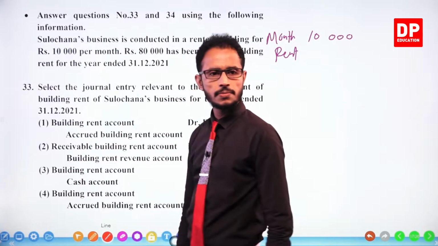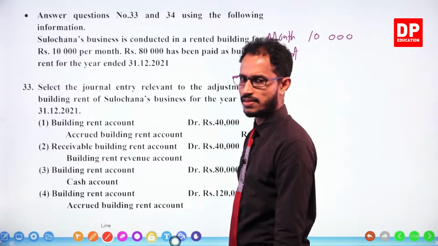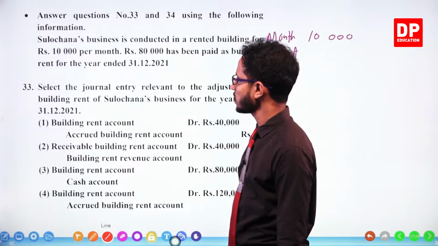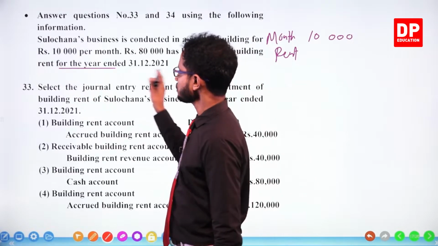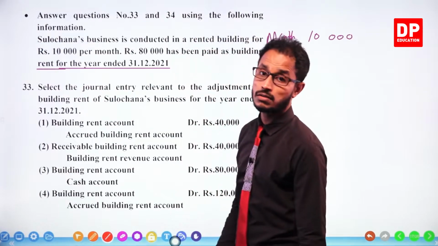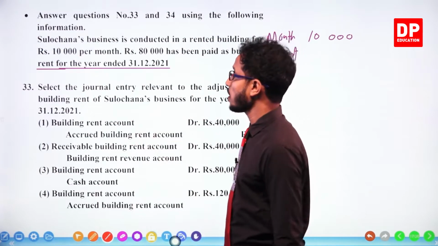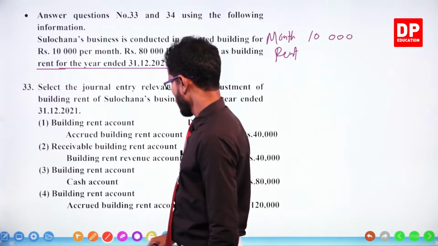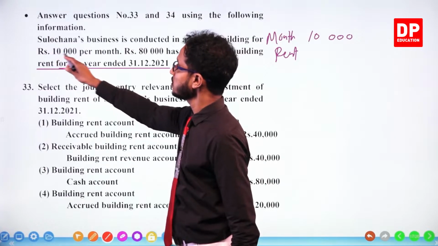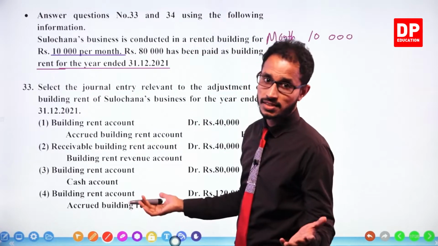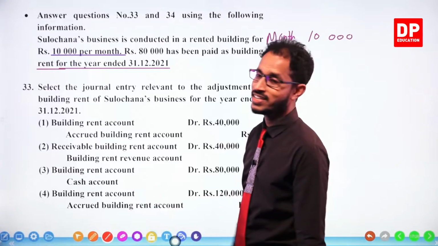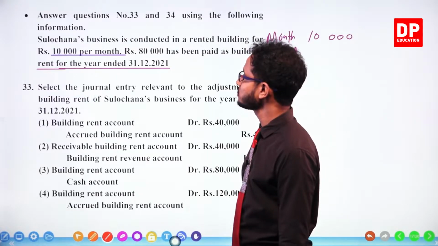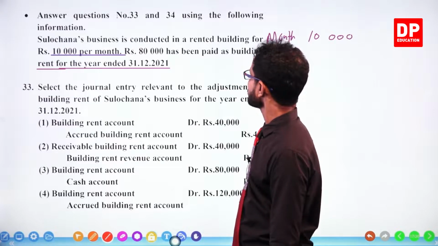Oh, they are giving you monthly rent and they are talking about 1 year. See? Rent for the year. They are talking about the monthly rent, and then asking the question about a year. That is how they do it. That is to confuse you. You will go wrong most of the time. 10,000 per month. Which means